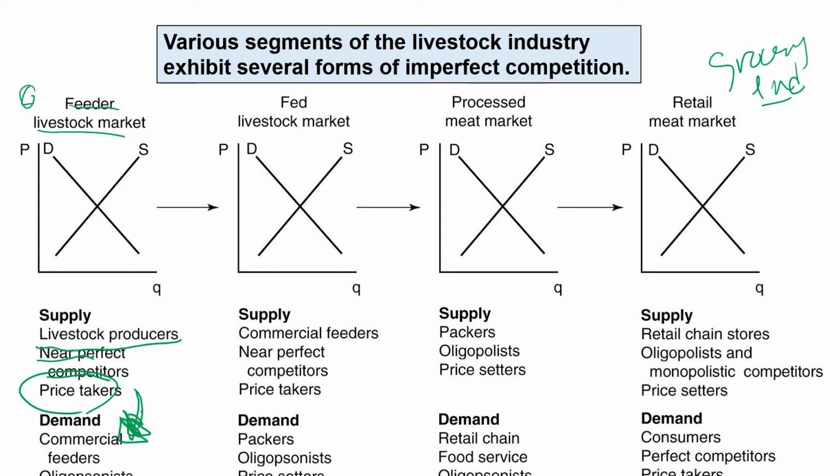So the livestock producers have just a few options of who to sell to. They're beef cows too. Because they have only a few options, the buyers are one of a few. They're those oligopsonists that we talked about today, and they have a little bit of influence on the price. Okay, so now these cows have been fed out and they weigh a lot and they're ready to be slaughtered